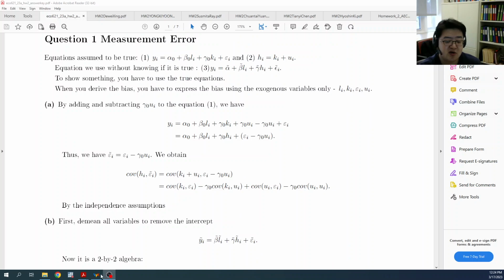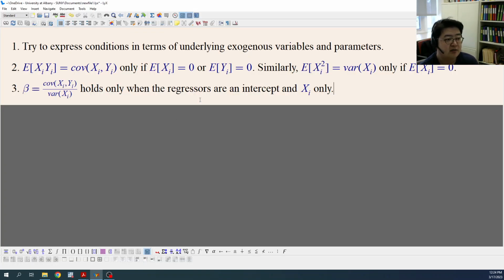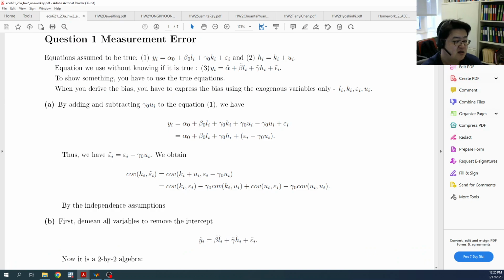What I wanted to say here is, let me tell you a few things. In some of the questions, I usually say, find conditions under which something happens, something is satisfied. So that's what you're going to do in your research. You have to find the conditions to do what you want to do, right? And in this case, theoretically, you have to express the conditions in terms of underlying exogenous variables and parameters, right? So, for example, in this question,